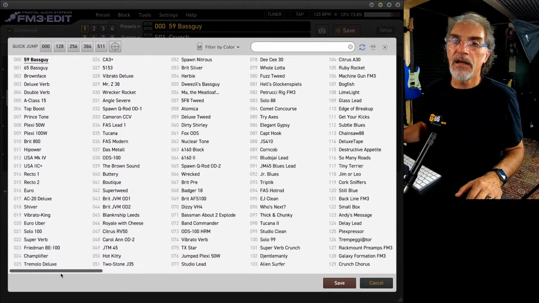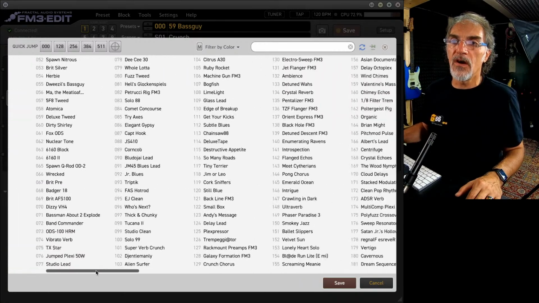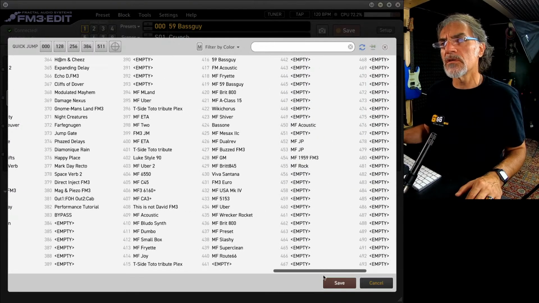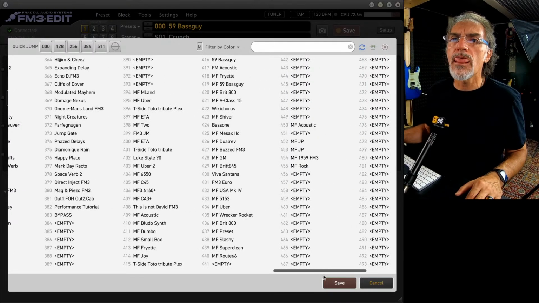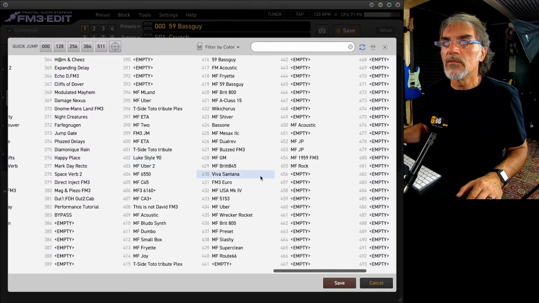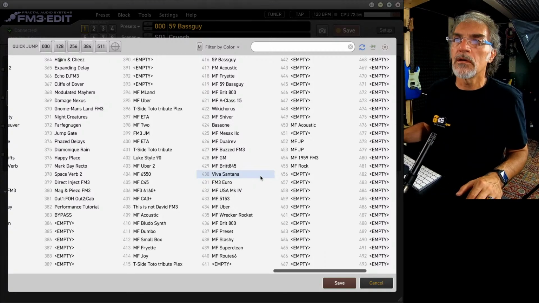You have a very long list of available presets, and from location, if I remember well, 384, you have empty slots where you can save your presets.